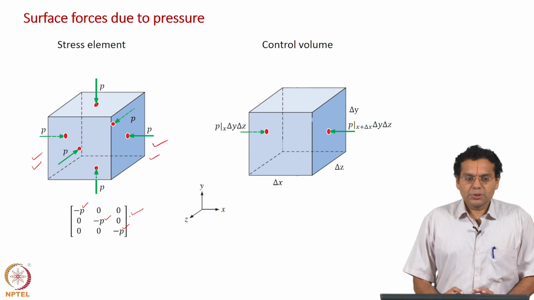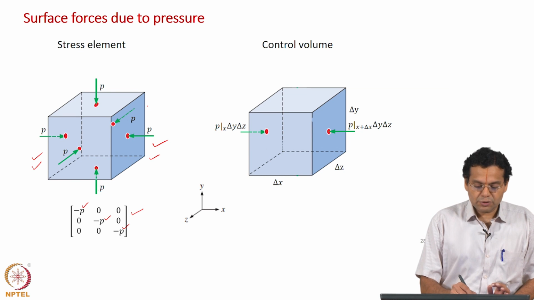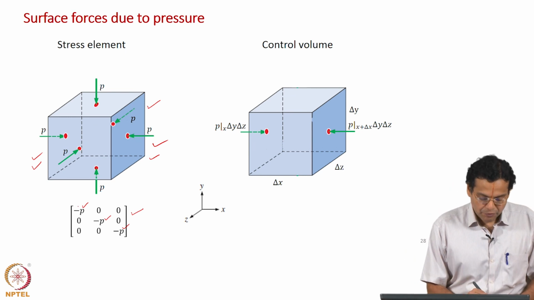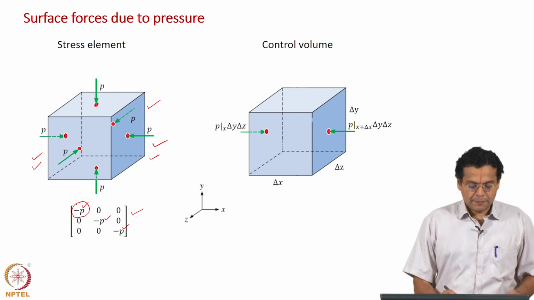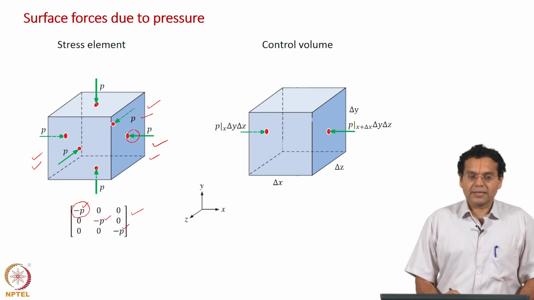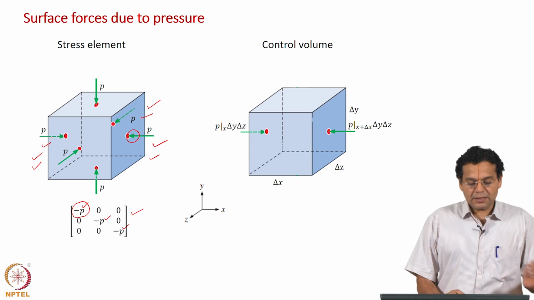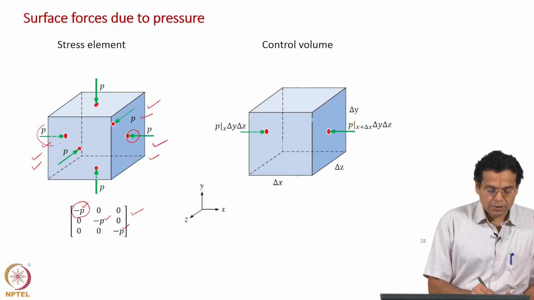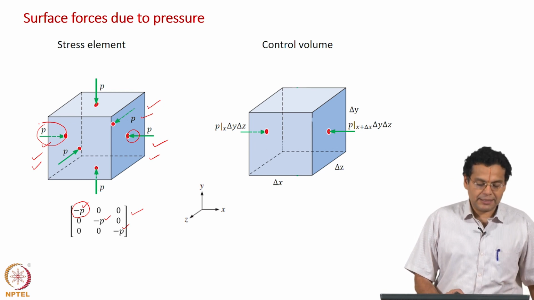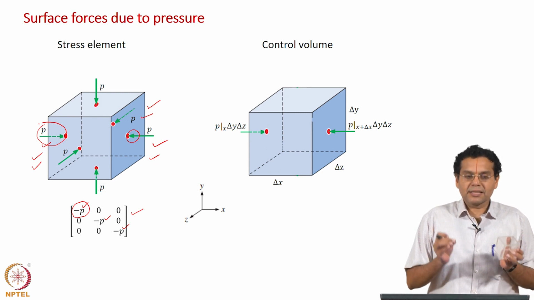Now, we use our usual sign convention. If it is positive, then on a face whose normal is along the positive x axis, the force should be along the positive x axis. But because pressure is compressive, you have minus p. So, on the positive face I have shown an arrow towards the negative x axis, and on the left side face, whose normal is along the negative x axis, I have shown pressure towards the positive x axis, because we are representing minus p. Once again I want to emphasize that both the p on the right hand side and the p on the left hand side are representing the same information.